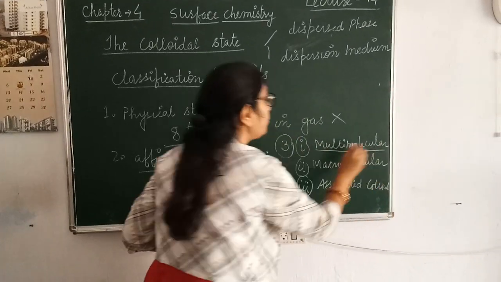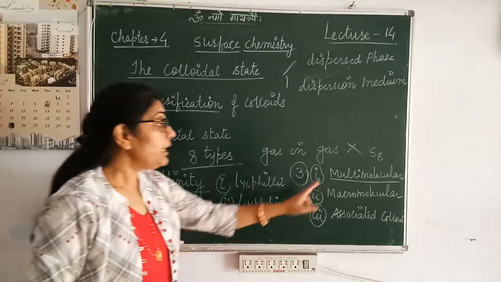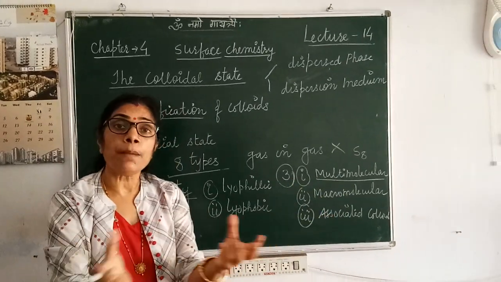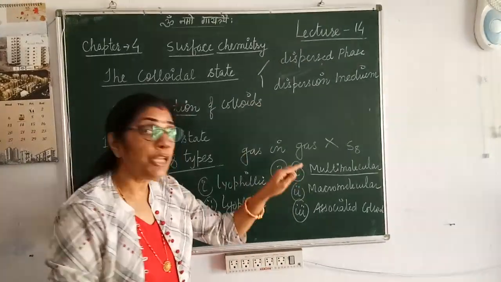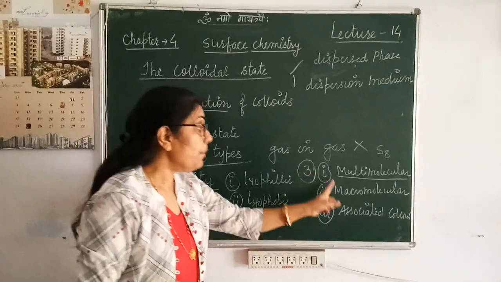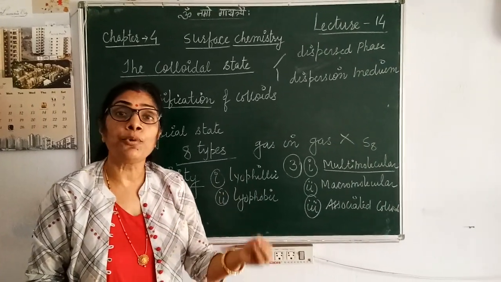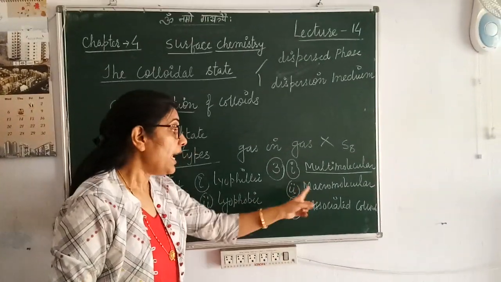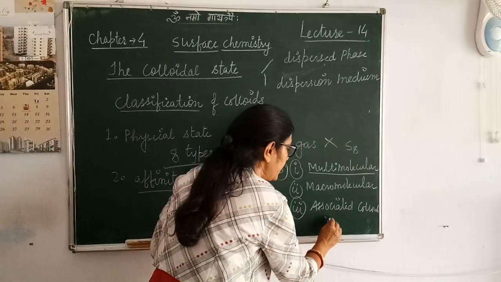So multimolecular colloids are like sulfur, gold, etc. Multimolecular means when a large number of molecules aggregate and result in colloidal dimension. Macromolecular colloids, as the name itself suggests, are polymers like protein, starch, cellulose. And associated colloids are also known as